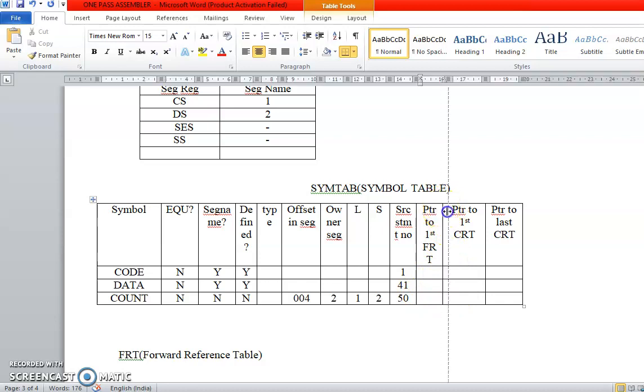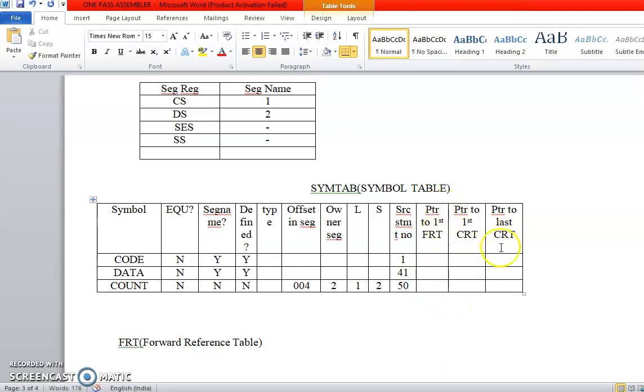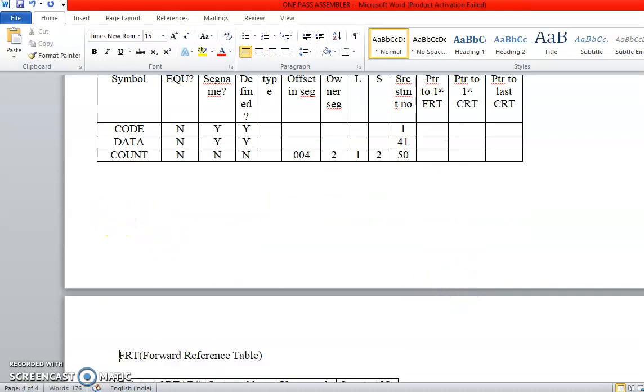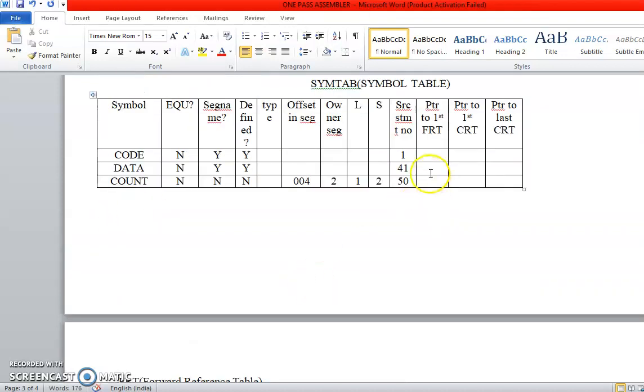Now the next 3 columns are slightly important, which actually serve the 1-pass assembler. The first one is pointer to the first FRT. FRT stands for forward reference table. Now let's check the structure of a forward reference table.